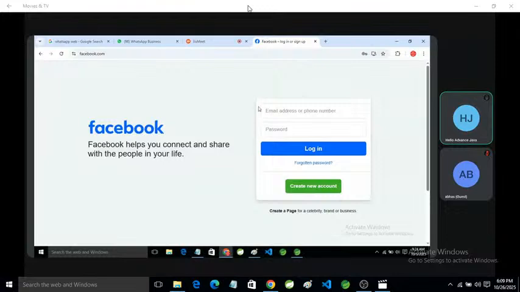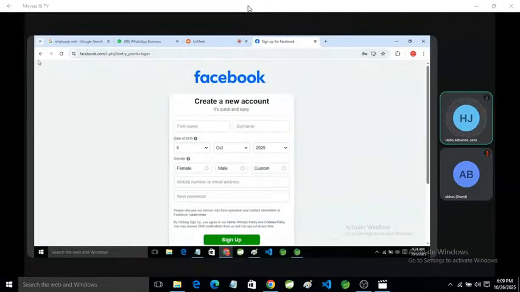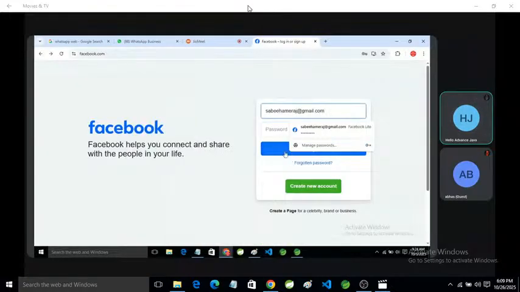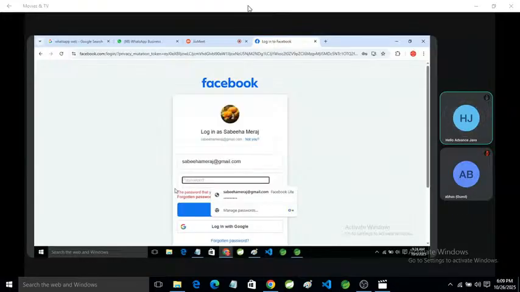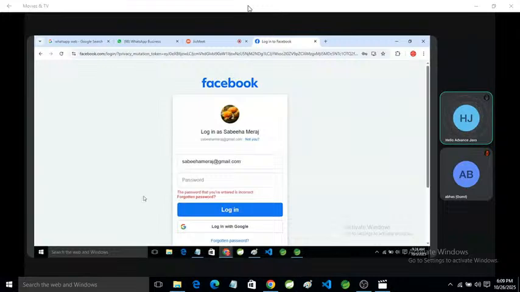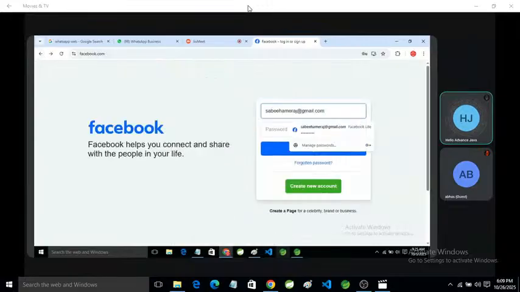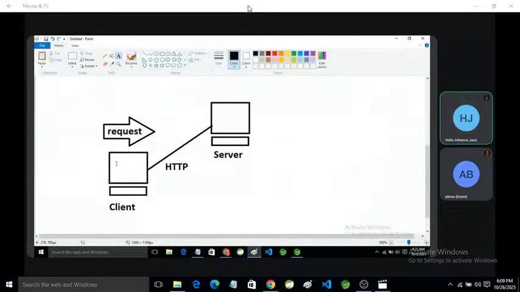After that, we can enter a username and password and click on login. Like suppose it shows: the password that you entered is incorrect. So we send a request for any page, static or dynamic.